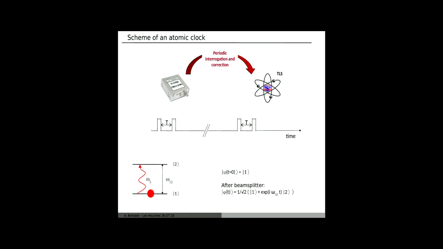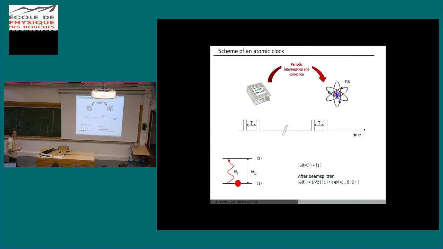So atomic clocks, I don't know if anyone is aware of what it is. It's rather simple. You have a classical oscillator producing a continuous signal. It can be a laser, for example, or a microwave source, a quartz. This oscillator is typically pretty good at really short times. But if you look at its frequency now and in 10 seconds or in 1 year, it's not the same. It's not an absolute oscillator. It's drifting. And so what is done to make an atomic clock is to periodically tune its frequency, comparing it